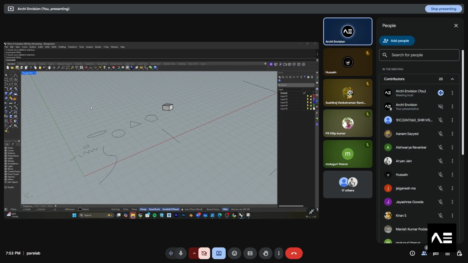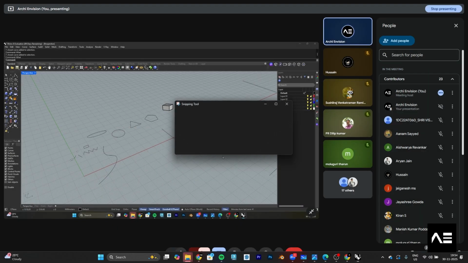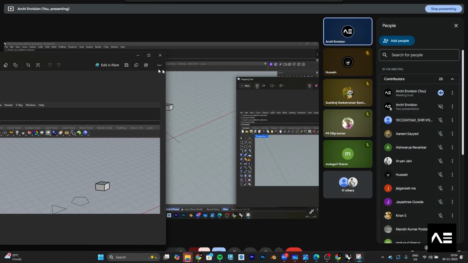Just create points, lines, circles like that, take a screenshot and share it in the group. We will start with day one with the basic assignments, and if you have any doubts, you can share them in the group via screenshot. Just take a snip like this and share it in the group. Likewise, you can share it in the group.